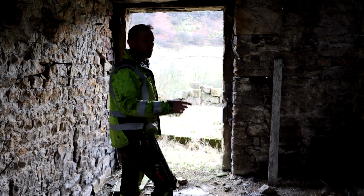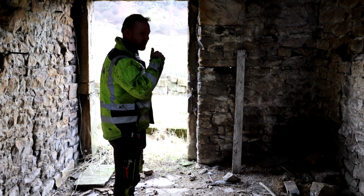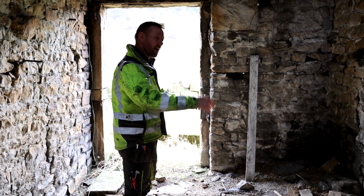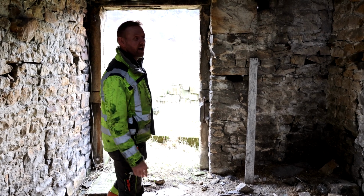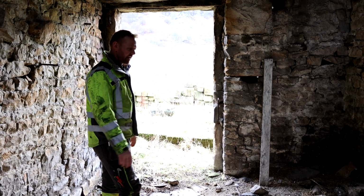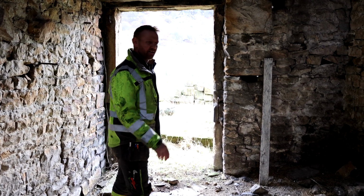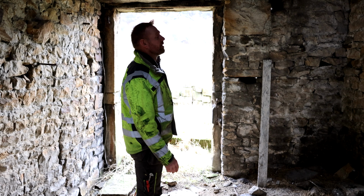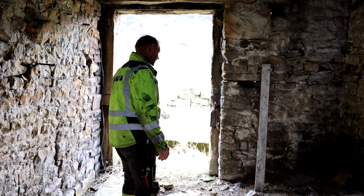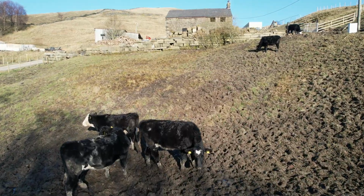When we first got here back in 2019, all this barn was just full of rubbish, stacked to the rafters. Every building around here was stacked up with hordes of tyres and baling band and all sorts of farming rubbish. So we've got all that out and got rid of it, and got a blank canvas now with this. What we want to do with this ultimately